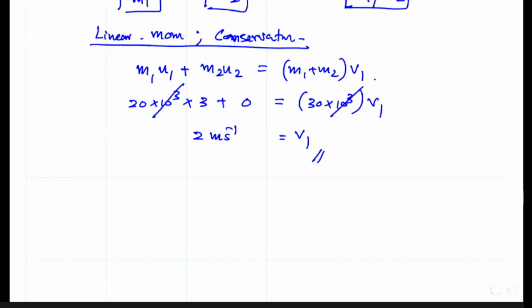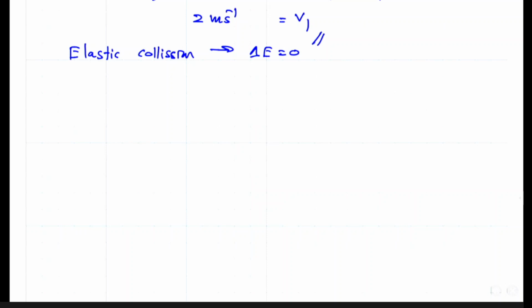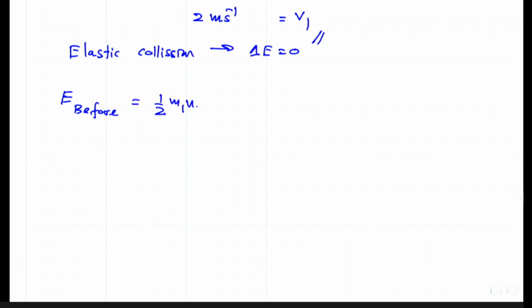Okay. Next one. Determine whether the collision shown is elastic or inelastic collision. Right. So elastic collision means what? Elastic means no energy loss, right? So that means delta E is equal to 0, right? So now what we can do, now energy before would be half into M1 U1 square plus half into M2 U2 square,